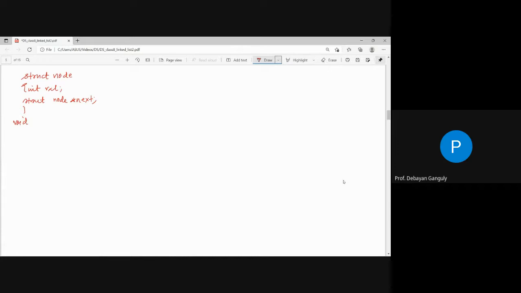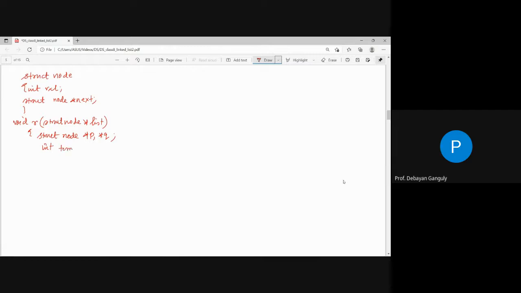Void r, struct node list, this is mentioning the head, right? So struct node star p and star q,